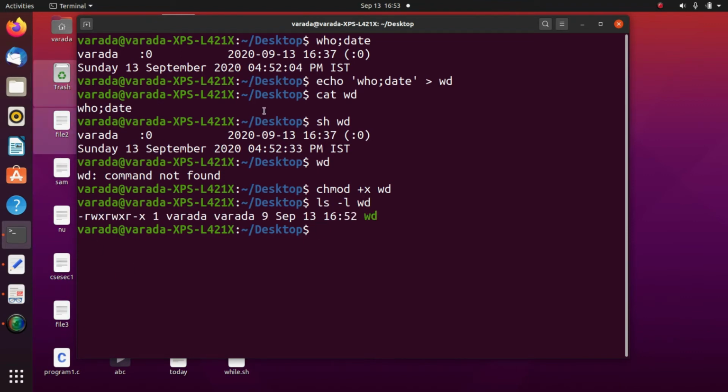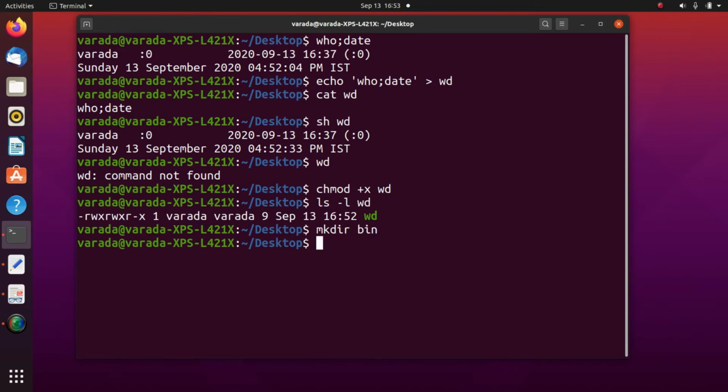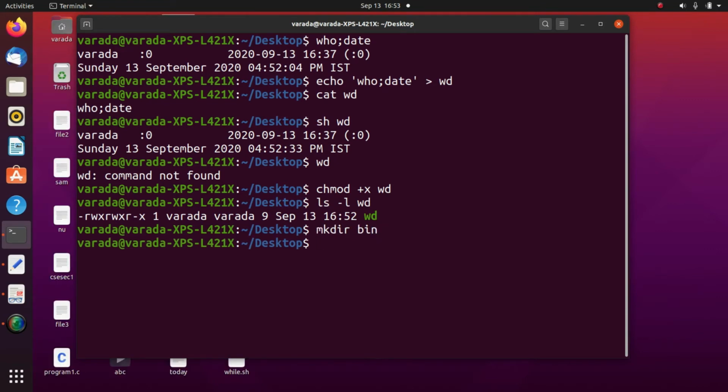Now I want to make this wd a command. How? For that I make a directory bin and add this directory to the path. So this is my current directory. Now I want to add this path to PATH. How can I know the path? There is an environment variable PATH.